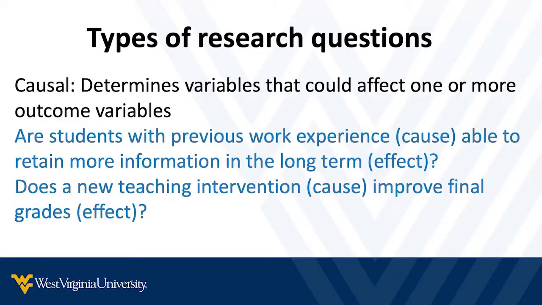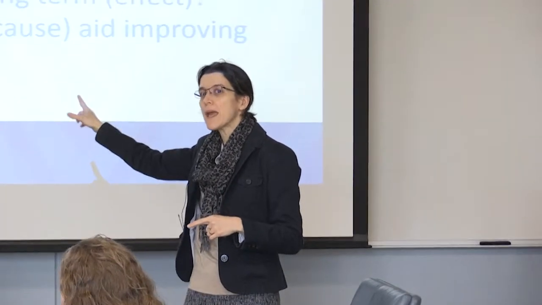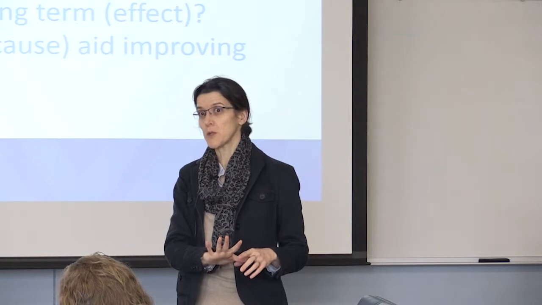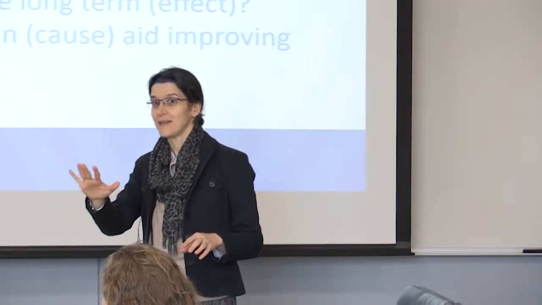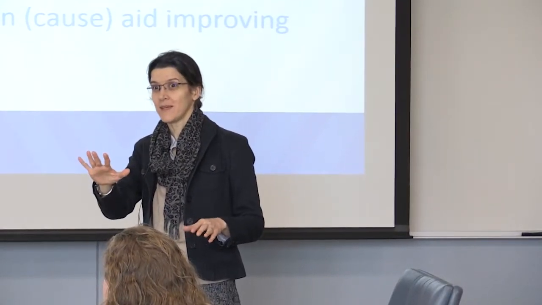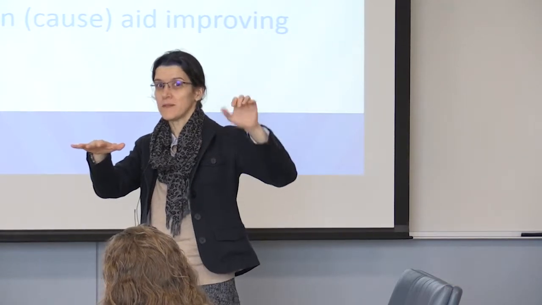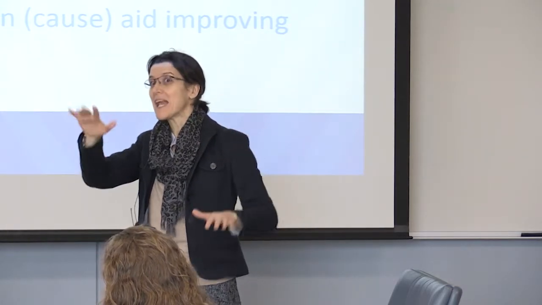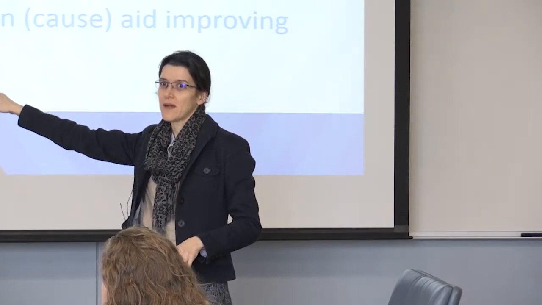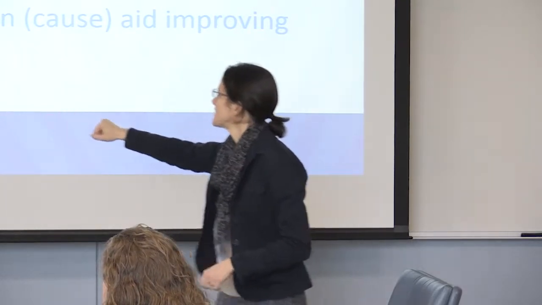Now, the third type will be causal. So basically, we're going to be looking at variables, where one is the cause that is going to determine the effect. If you notice, we are jumping steps. In order to do this, you have to first observe what is going on and then identify a relationship. If you identify a relationship because you have observed, now you can try to identify a cause and effect.